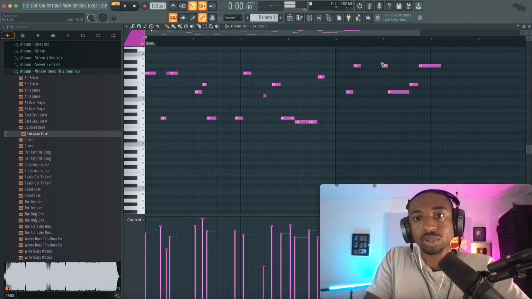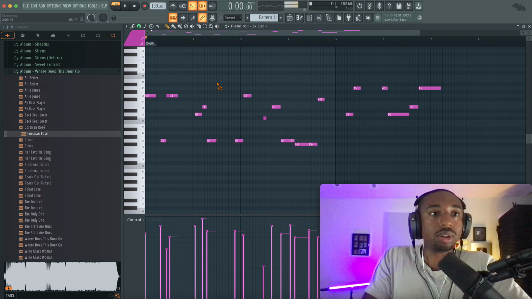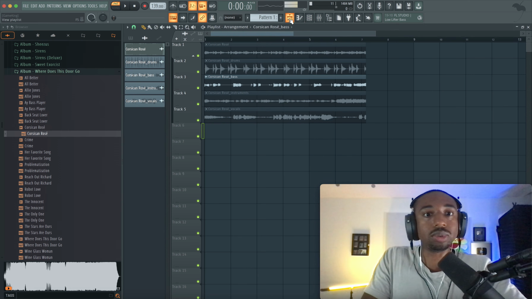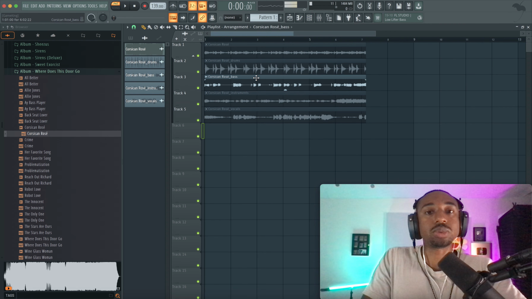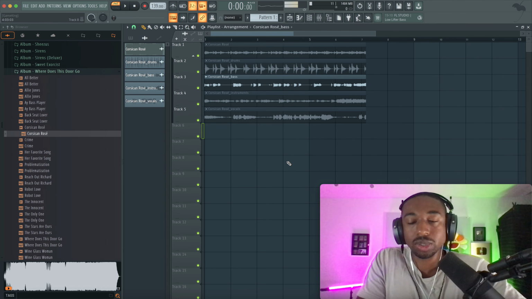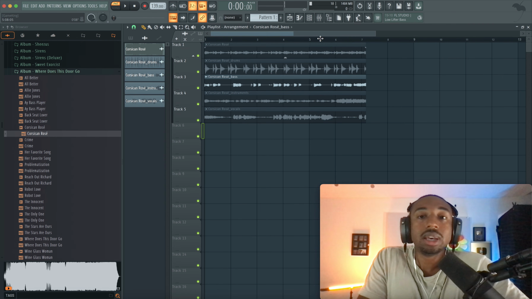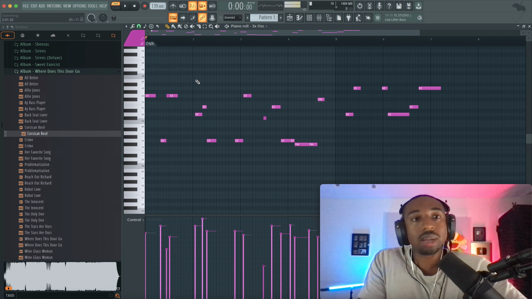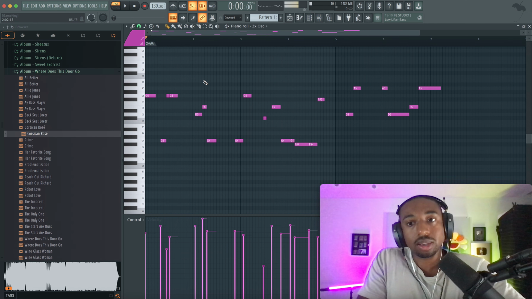So there are probably a couple notes off, but now that you have the note structure, you can quantize this and move the notes around. Again, the first step is you need to find the tempo of the actual song that you're sampling from, and you need to chop the sample, which I have videos on how to do, so that when you import your MIDI, it's actually on the grid. I don't have time to go through every little thing, but that's how you do it.